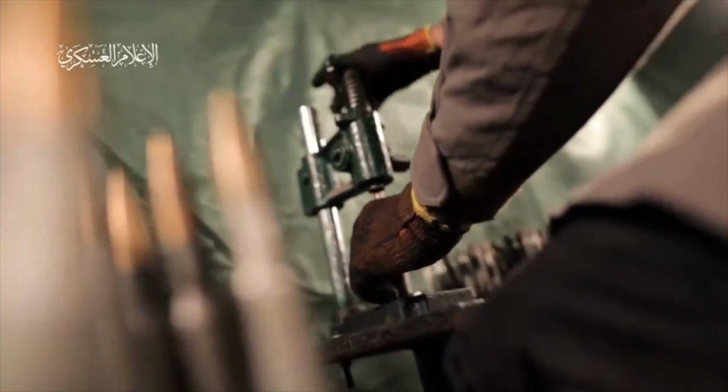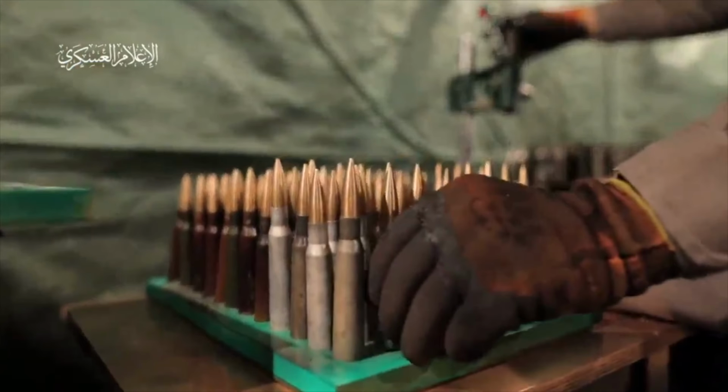Now he's let the press all the way back up, and as he starts to pull the case out, you can see that the overall length of the case is exactly the same height as what he's got available in this press, which means the bullet was not very far out of the case when he put it in there, because there's no extra room above a fully loaded, fully seated bullet in what is allegedly a seating press here. So, and he pulls it out, and then he goes and sets it in a tray of completed ammunition